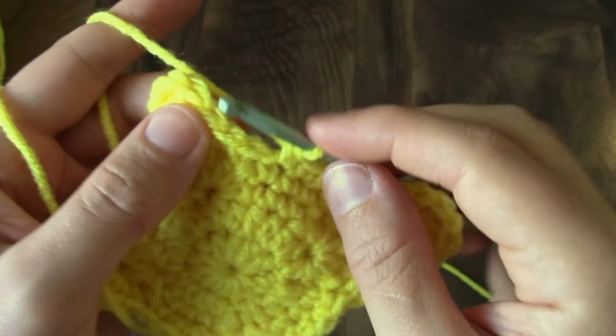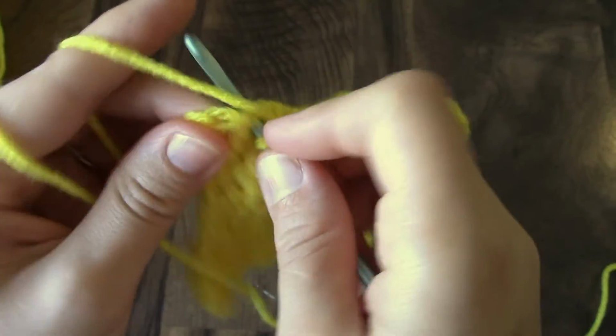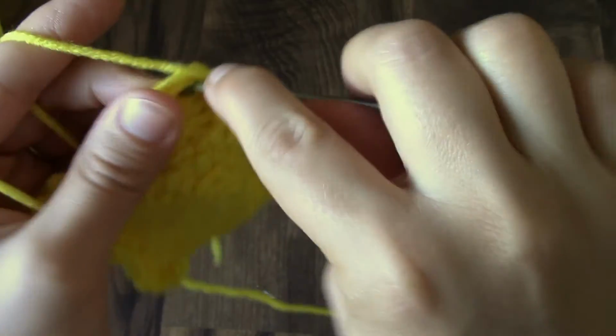I'm going to skip a stitch, then in the next stitch I'm going to single crochet, and in the next stitch I'm going to single crochet 2 together. In the next chain 1 space I'm going to put my cluster,